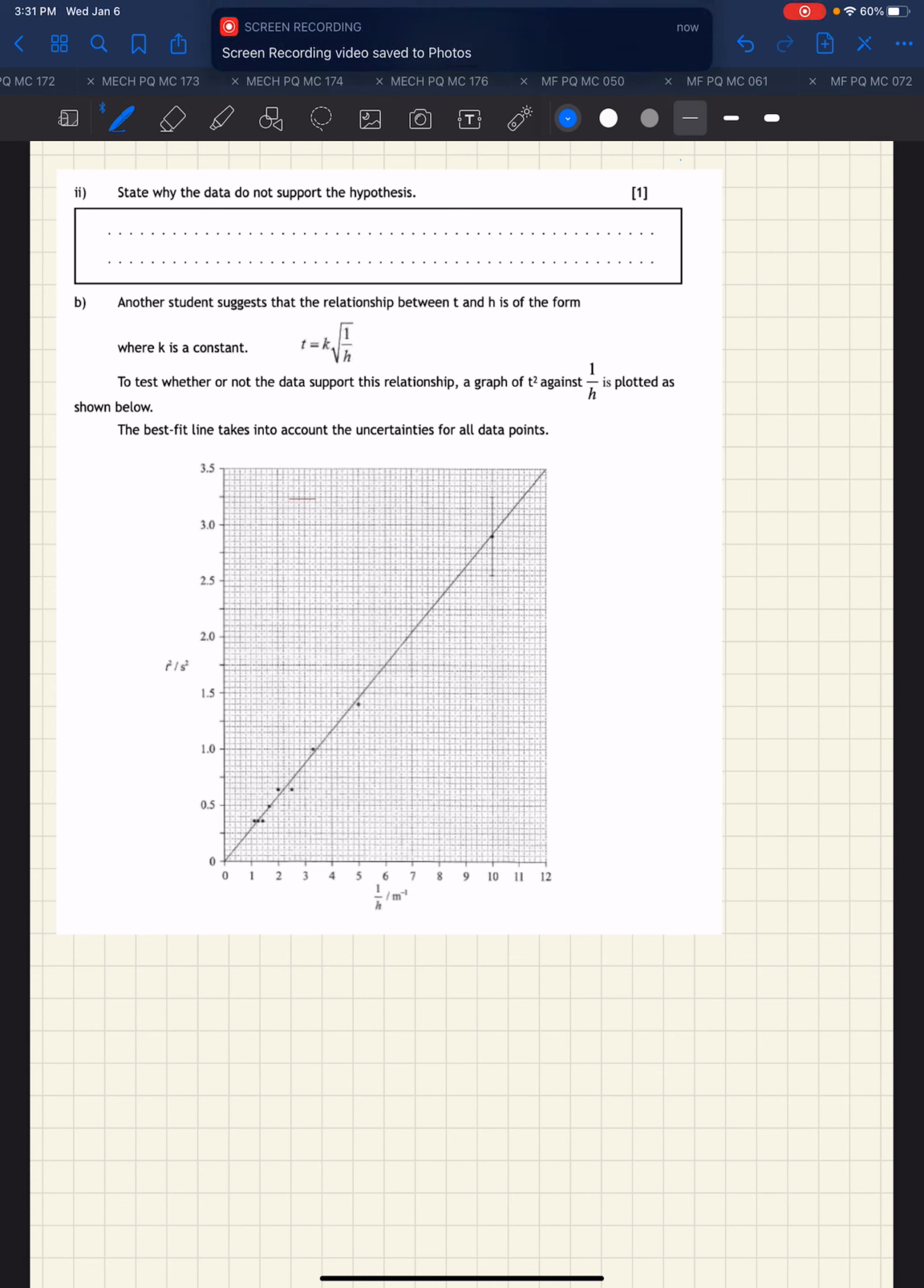The next question asks us to state why the data do not support the hypothesis. They're already telling us that the data does not support the hypothesis. But the question is why. The hypothesis